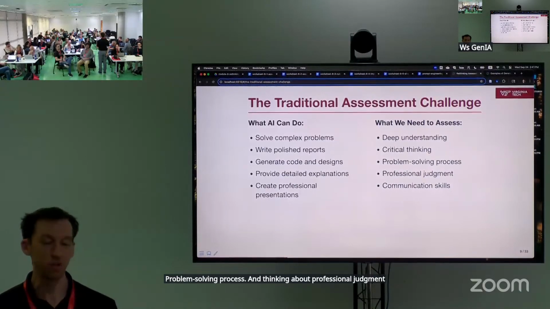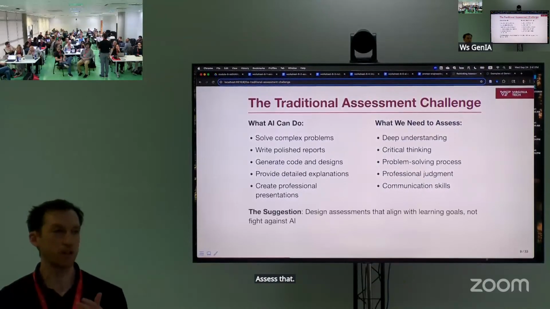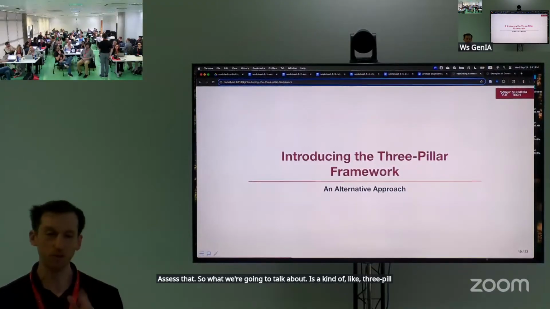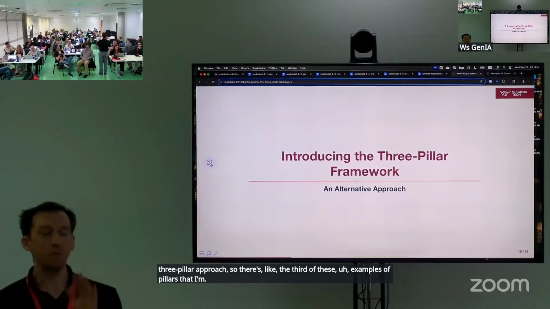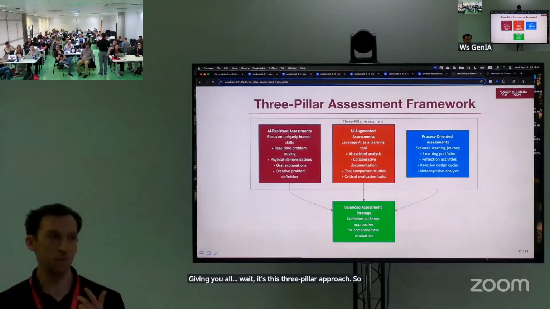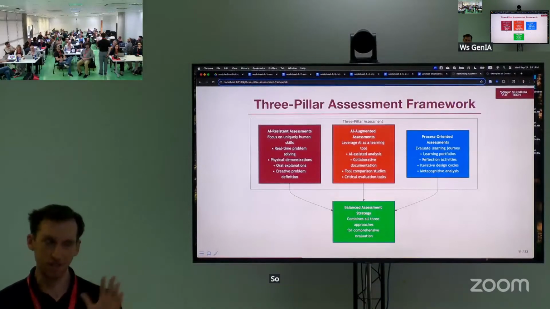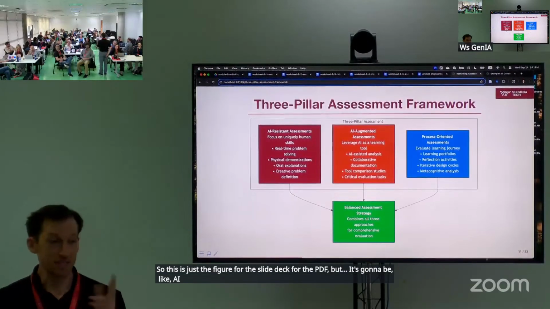And then the tricky thing, of course, is how do you actually assess that? So what we're going to talk about is a three-pillar approach. It's the third of these examples of pillars that I'm giving you all, but this is a three-pillar approach. The idea, and we'll see this explained more in the next slide, there's just the figure from the slide deck for the PDF, but it's going to be AI resistant,